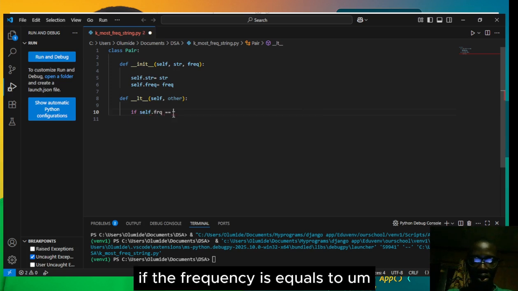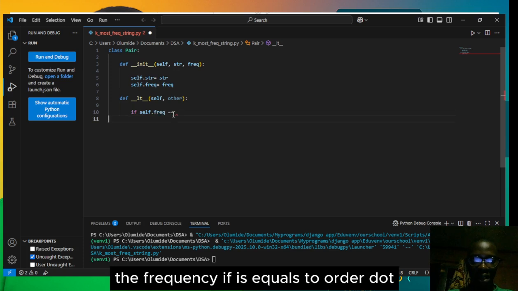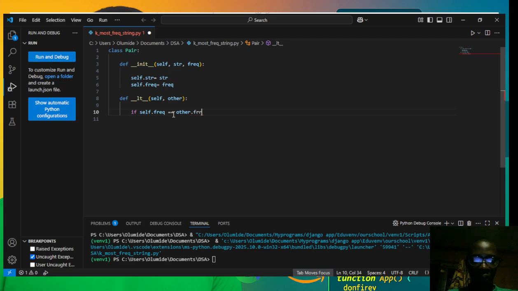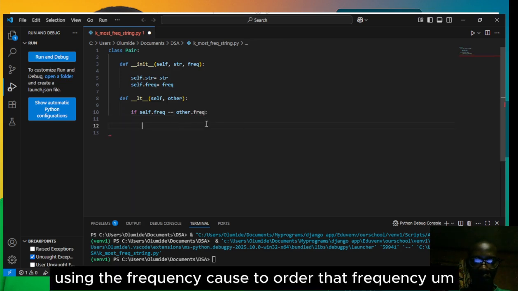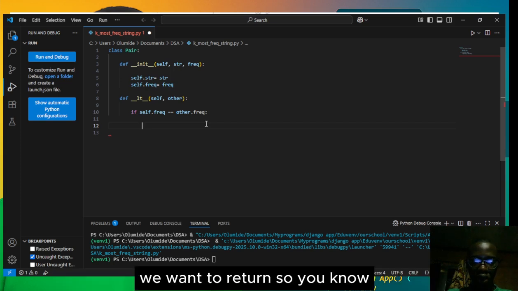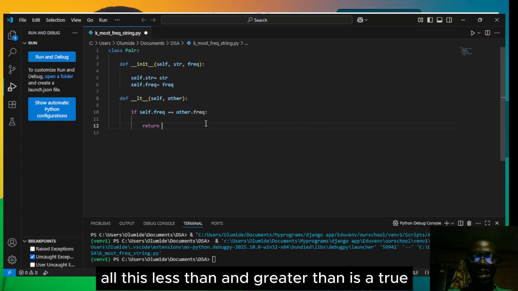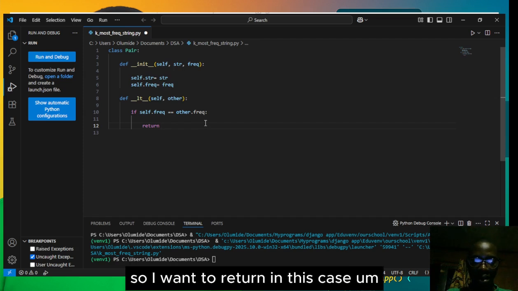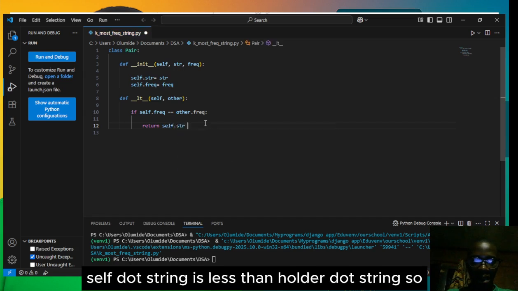If self.frequency equals other.frequency, we want to return, so all this less than and greater than is going to return true or false. If we say this is less than this, is that true or false? So we want to return, in this case,